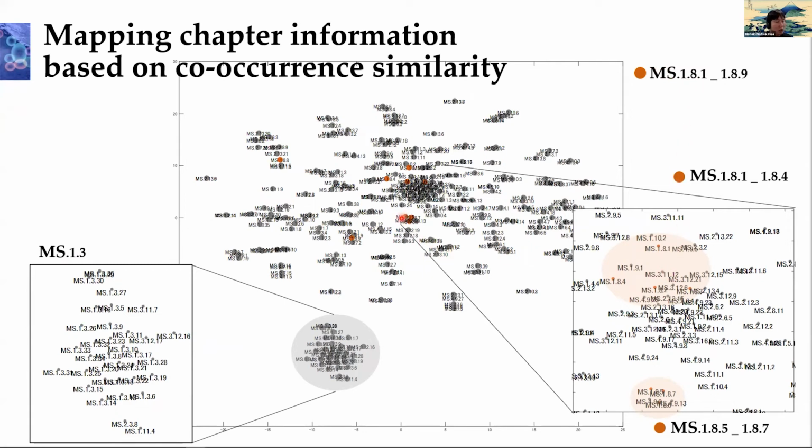are mainly located in the central part, and the points from the MS 1.8.1 to 1.8.4 are in the central group here. And the points from the MS 1.85 to the 1.87 are located in different groups. So here,